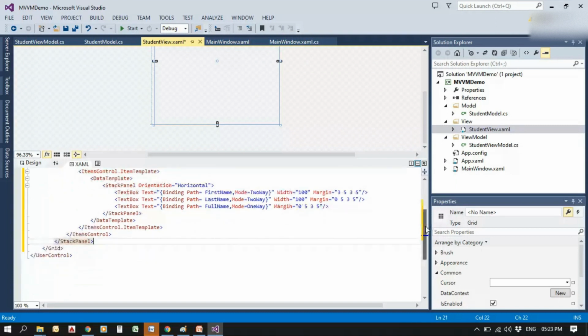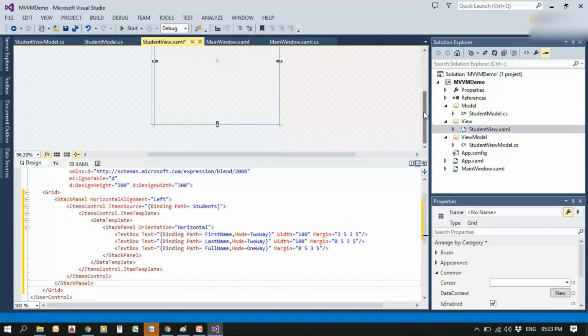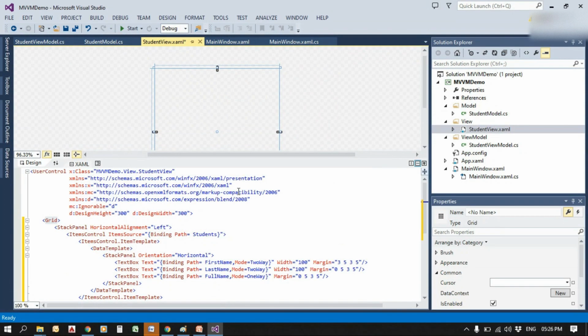So here is the student view that we have designed, and we will write this view in the MainWindow.xaml so that we can give connections.